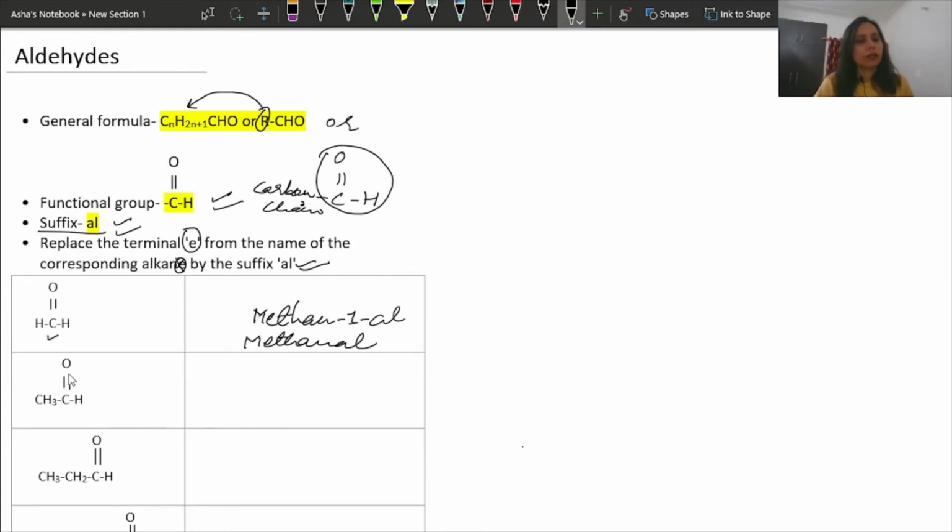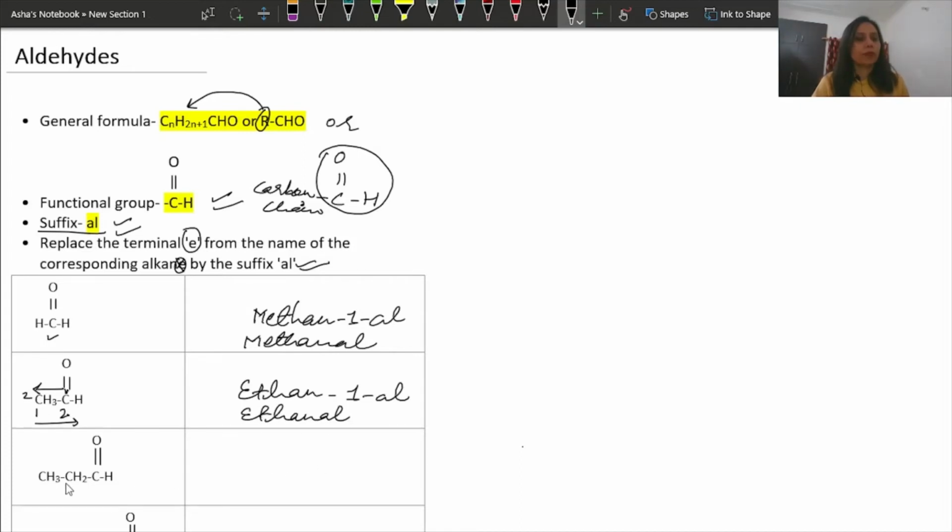Okay, now here if you see this one, it has got two carbons. This is the first carbon, this is the second carbon, whether you number from front to back or from back to front. So it has got two carbons, so you will be writing eth-an. Instead of the E you will be writing L,